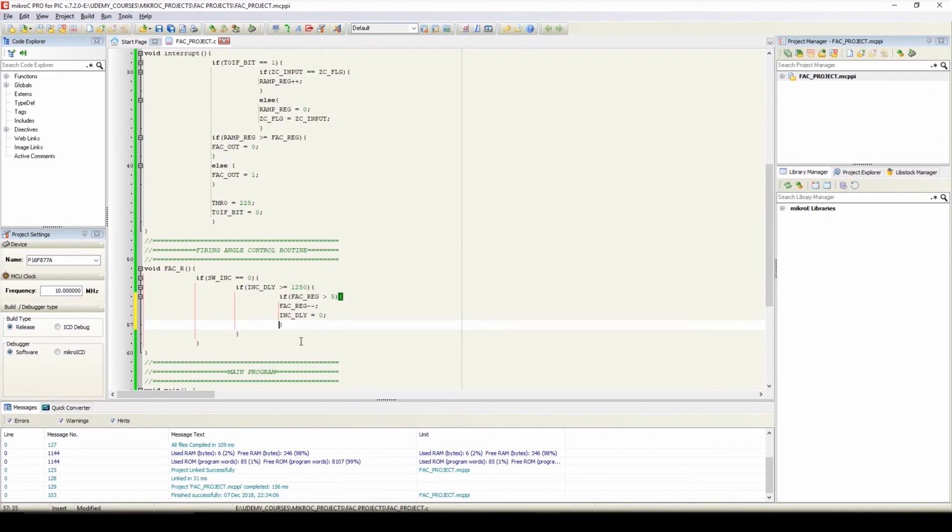Now we'll write the condition for the second switch. And here we will write if switch decrement equals 0, then our program will come into this if statement, and here we will check if decrement delay is greater than or equals to 1250, then our program will come into this if statement, and here we will check